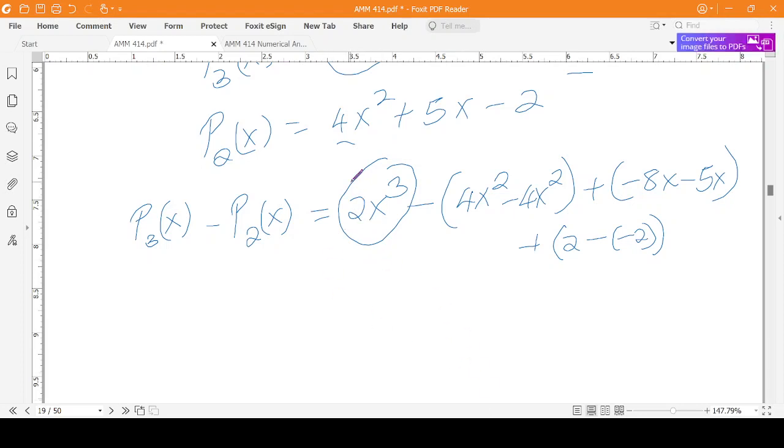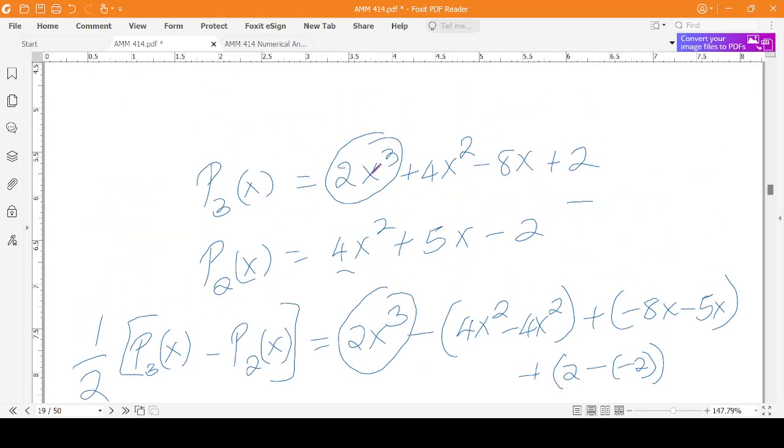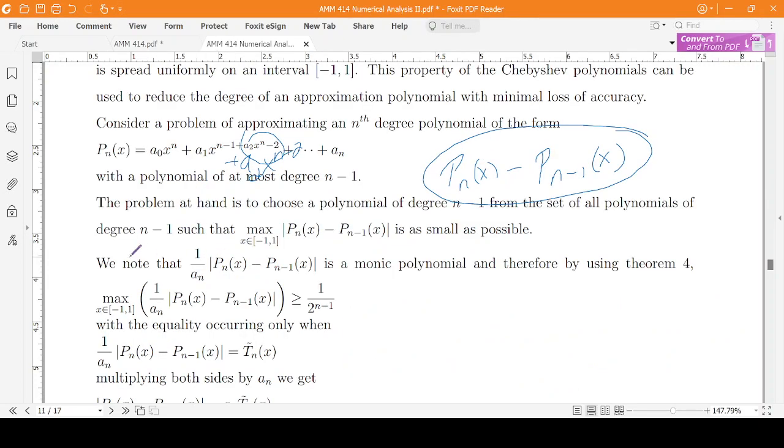So we can generate a monic polynomial here by dividing this. If we take this and divide by 2, which is the coefficient of x to the power 3 in P3, we shall get a monic polynomial. So we are saying, we note that 1 over an times the absolute value of Pn of x minus Pn minus 1 of x is a monic polynomial,